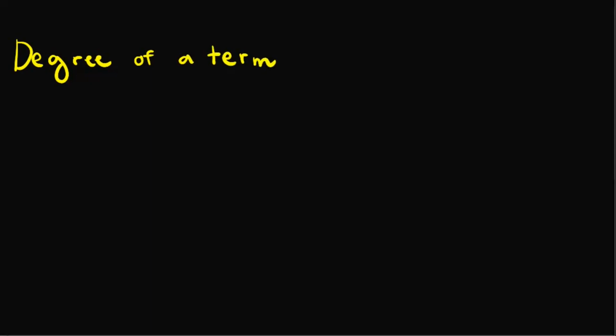When we say degree of a term, this is basically the sum of the exponents of a variable in one term. As presented in our previous video, term simply refers to a quantity that is a product of variables,